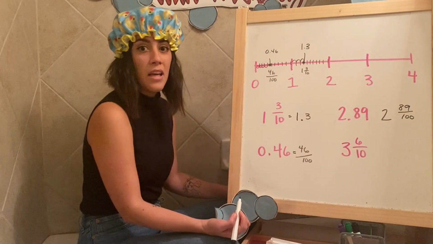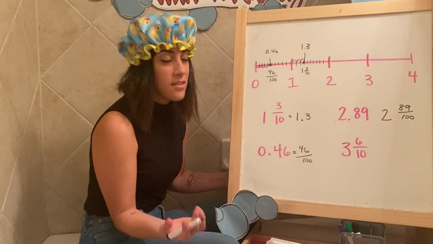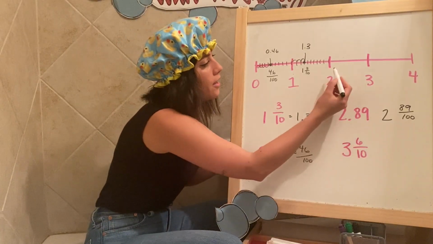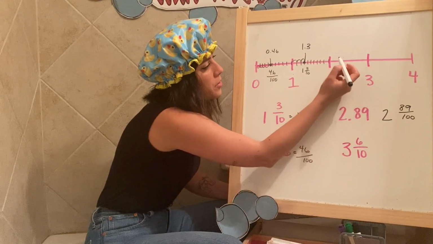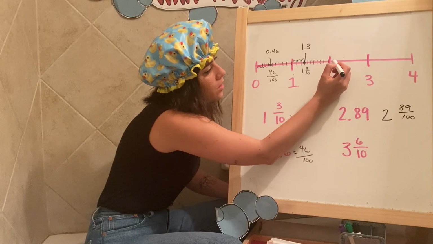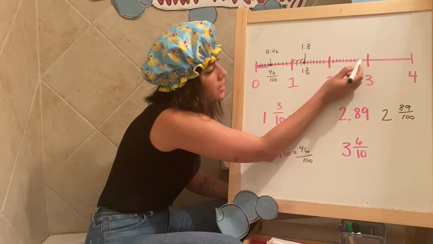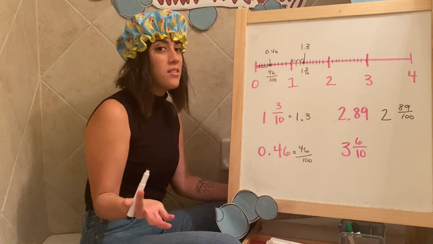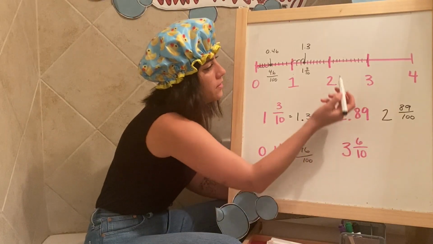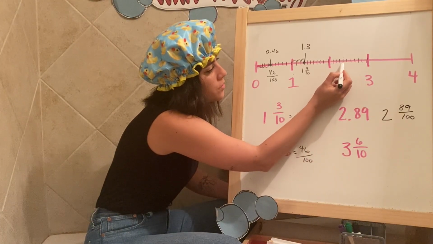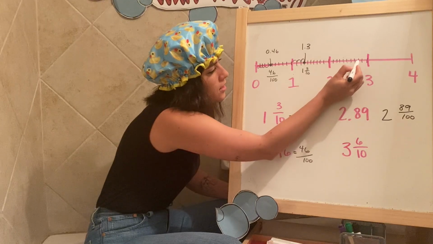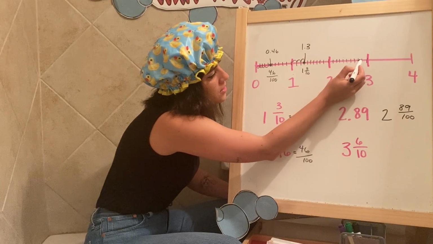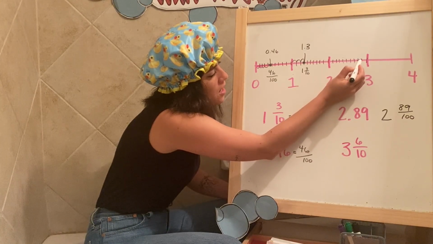I have $2.89 out of 100. So I have 2 here. I'm going to break this down into 10 spots as well. 1, 2, 3, 4, 5, 6, 7, 8, 9, 10. But it's not talking dimes, it's talking pennies. So even then I have to break it down more. So 1, 2, 3, 4, 5, 6, 7, 8. So somewhere here, and then break that up into 10 little spots, and it's going to fall somewhere around here,